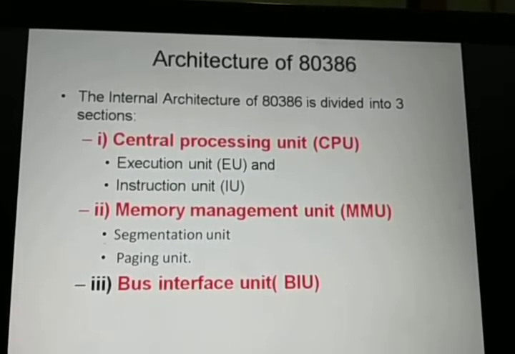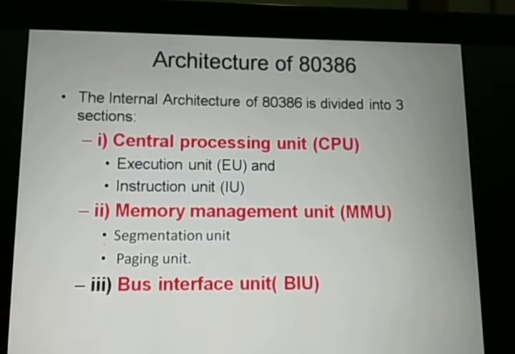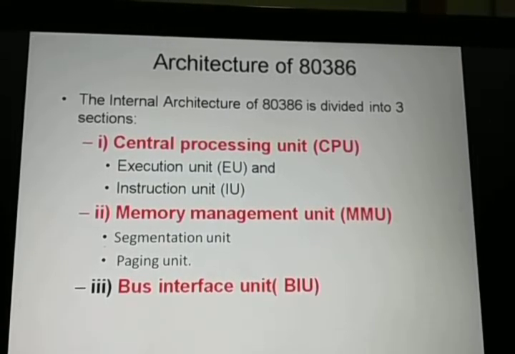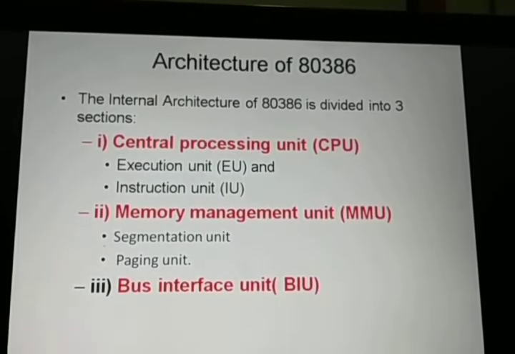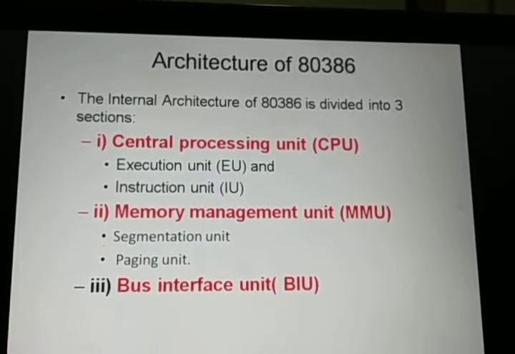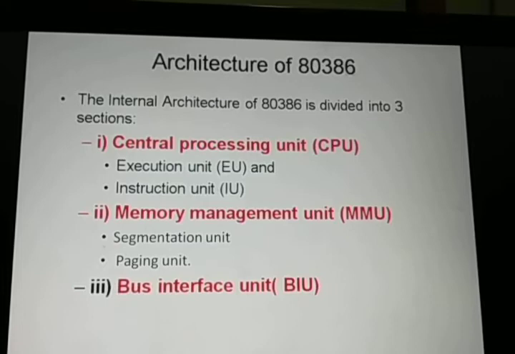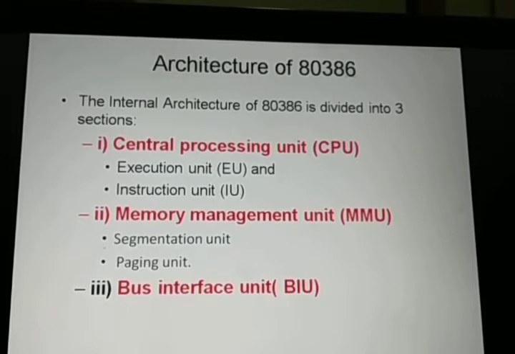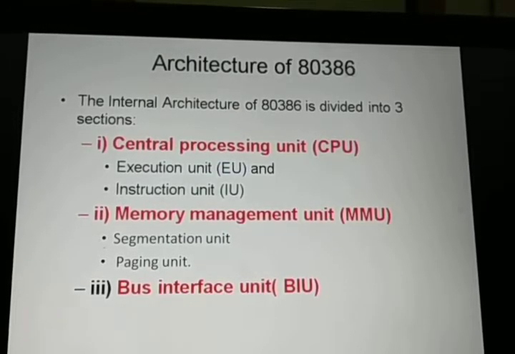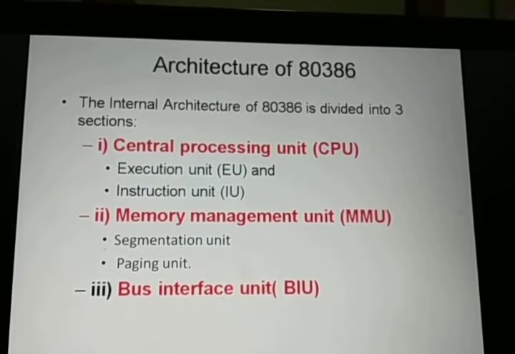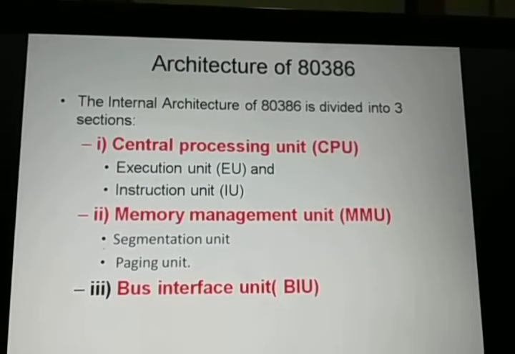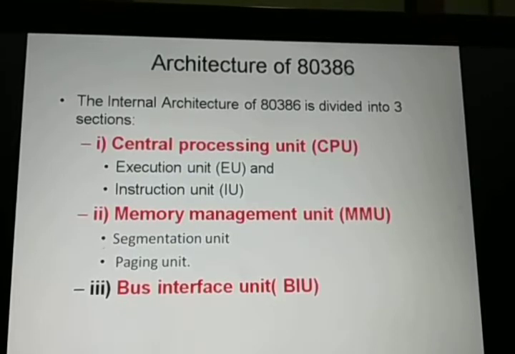Then the control transfers to the execution unit. Whatever data we decoded, we transfer to the execution unit, and we studied that the execution unit contains the barrel shifter register, multiply divide logic and registers. The barrel shifter register we are using for execution speed. If we use the barrel shifter register, we can shift multiple bits at a time. By using this, we speed up the operation. Same thing happens with the multiply and divide logic. So these things we use to speed up operations. So this is the task of the execution unit.